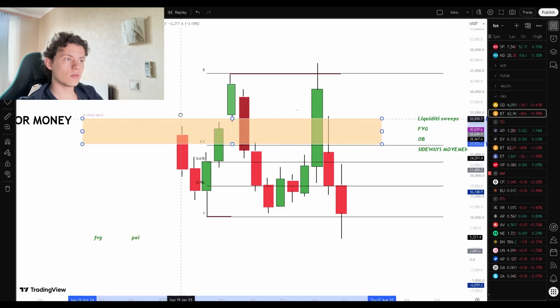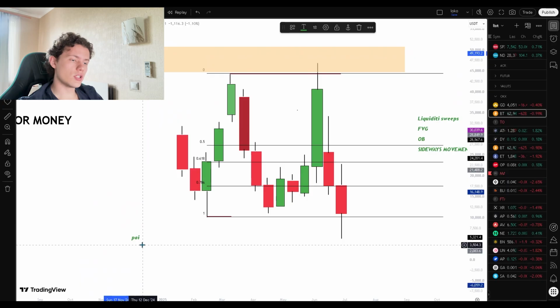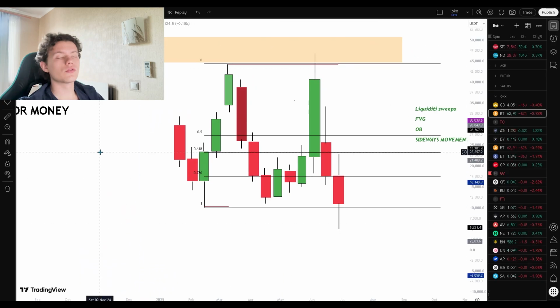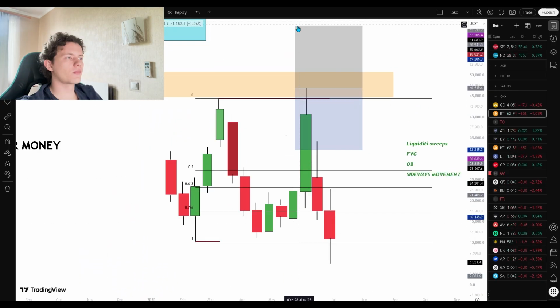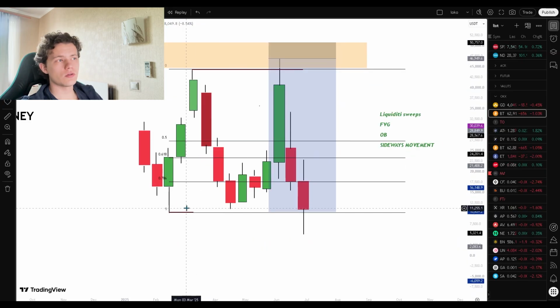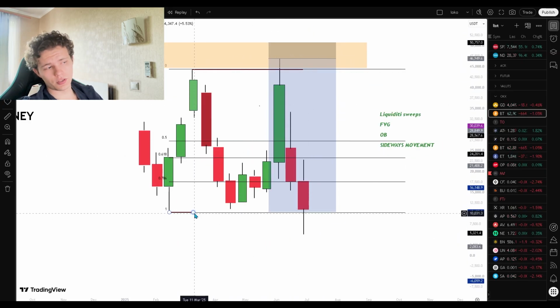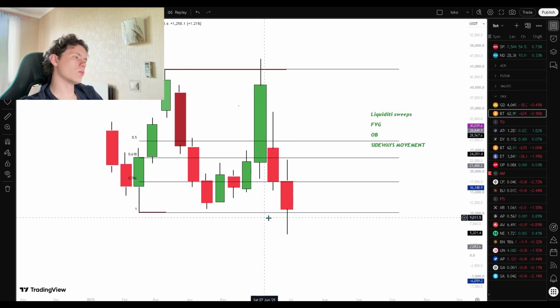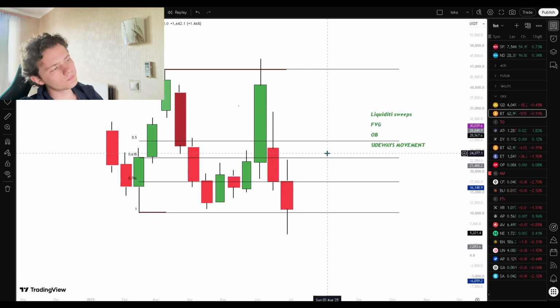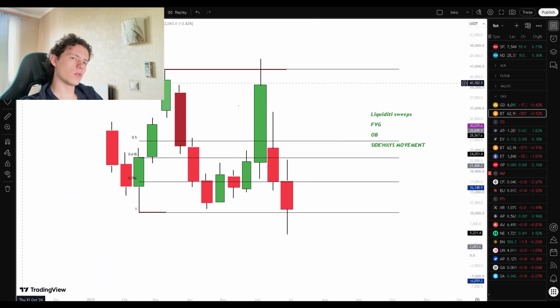So here we make some different movements. We need to see the point of interest zone on the top of our sideways, and the deal is going to look like that. Place your stop losses after the point of interest zone and take profits on the liquidity. And the best ways to enter the deal are from FVG and order block. For example, here,